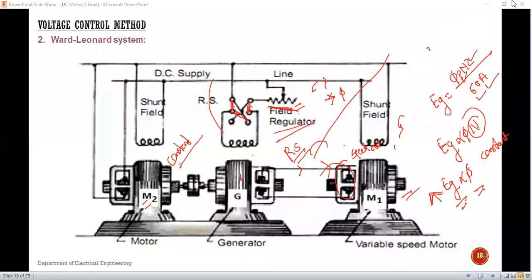Okay, so RS is nothing but a reversing switch. So we are just representing RS, not RG. It is the RS, that is reversing switch. We are using this switch to change the direction of the current or the voltage generated by the generator. Generatorच्या voltage direction काय करतोय आपण change करतोय.